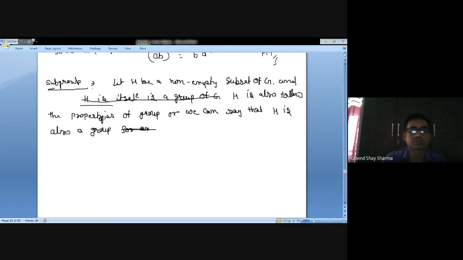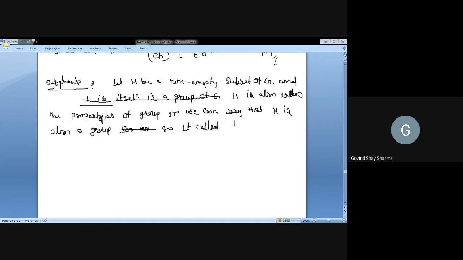Yes. So it is called the subgroup of G. For example,